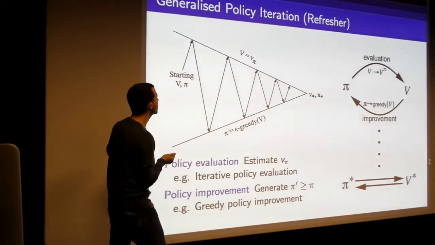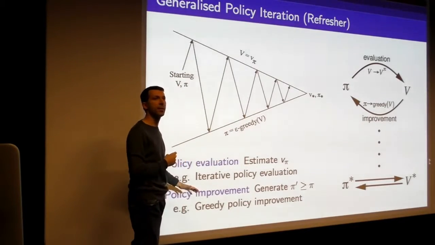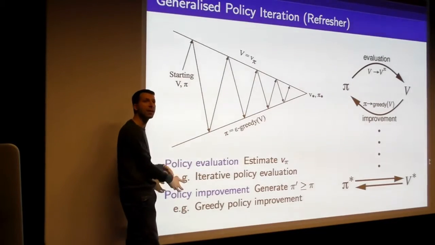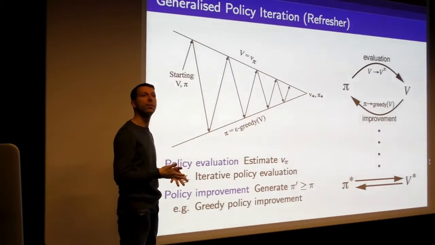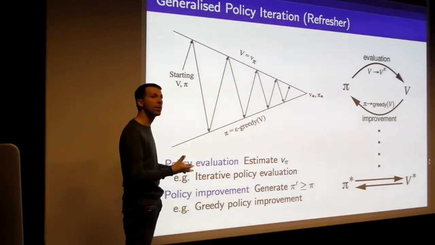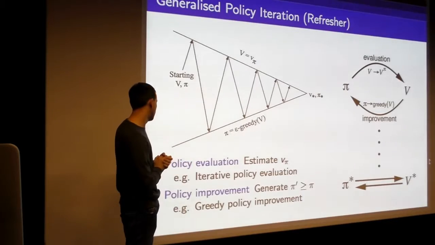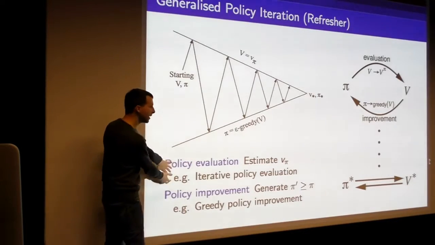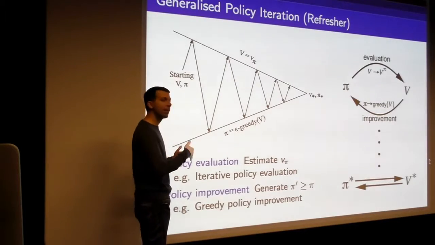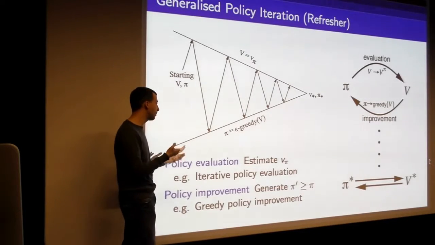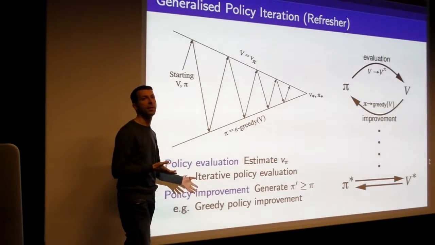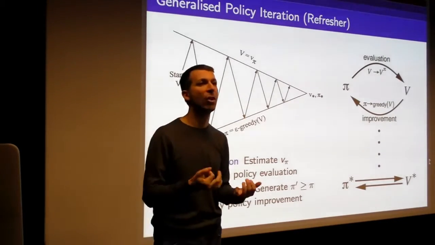And the question is, what can we slot in for these two processes? What we're going to do today is vary the choices of what slots into these two pieces, to enable us to do model-free control, rather than in dynamic programming, where everything used full knowledge of the MDP model. So far, in the dynamic programming examples, our up arrows were some way to evaluate the policy, such as iterative policy evaluation, and the down arrows were things like greedy policy improvement. Now we're going to vary those two components and try other choices.